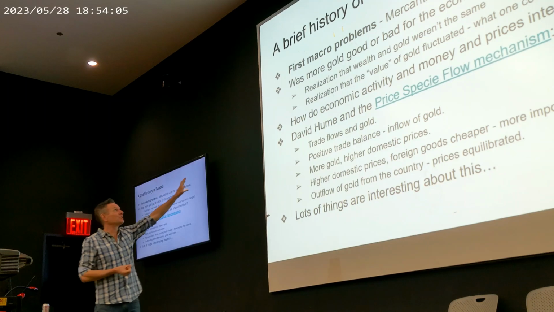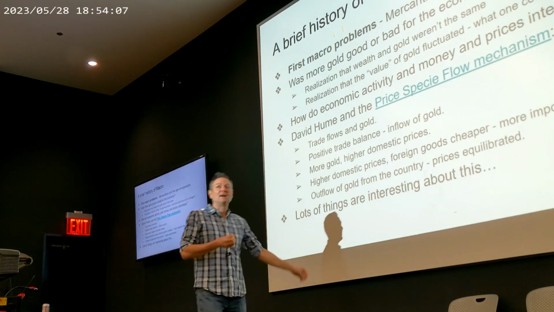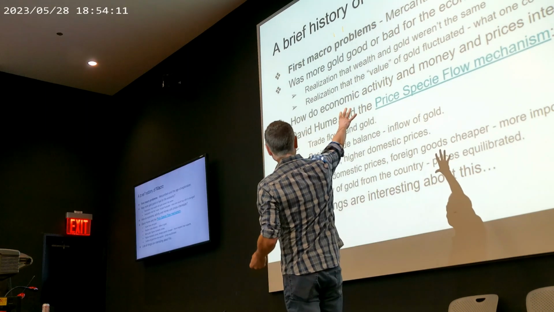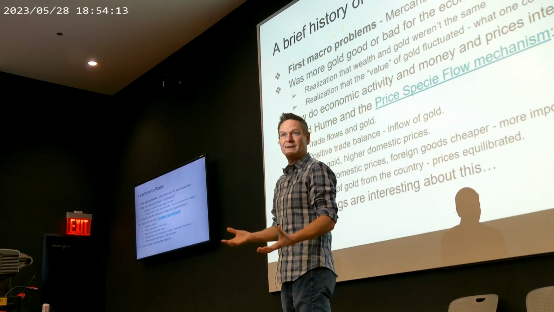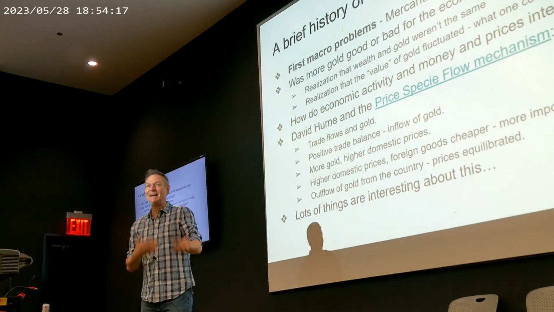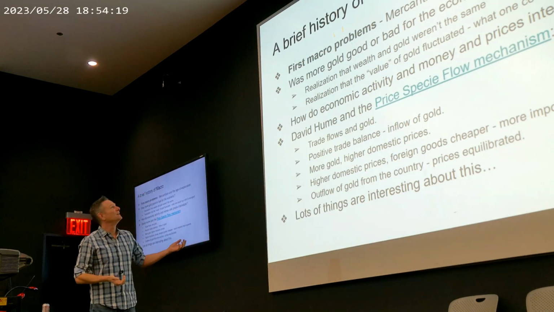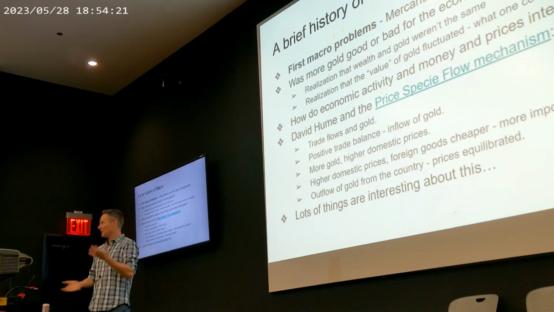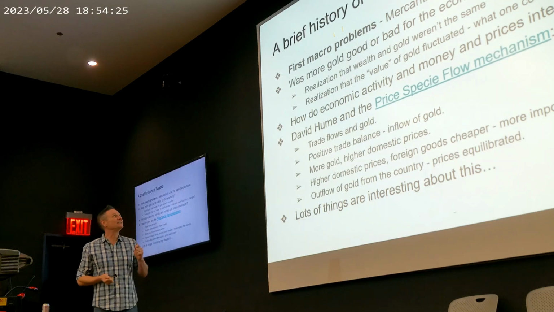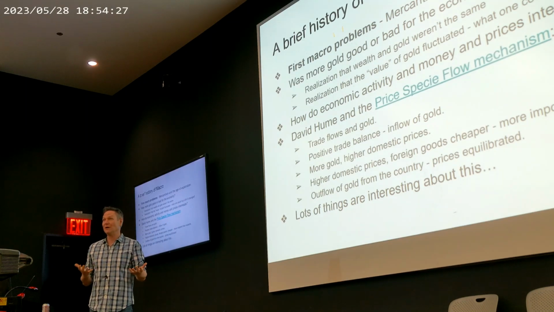And so the very simplest question was basically about gold, and the relationship between the quantity of gold out there in the economy in general and economic performance. So along with this came a lot of thoughts that we've already discussed in this class, right? This idea that wealth, national wealth,